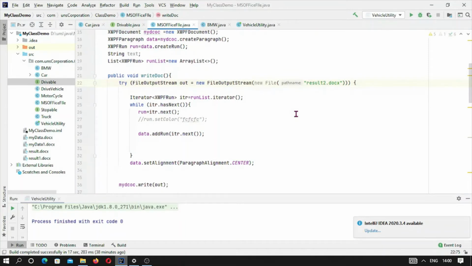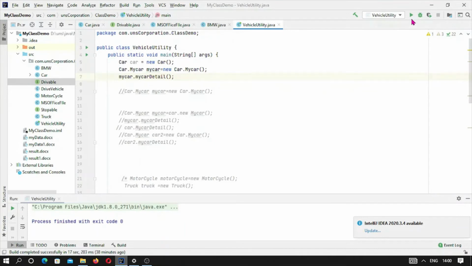This is result 2, and now from here we are running, we will achieve the same from the static class. So this is the way.